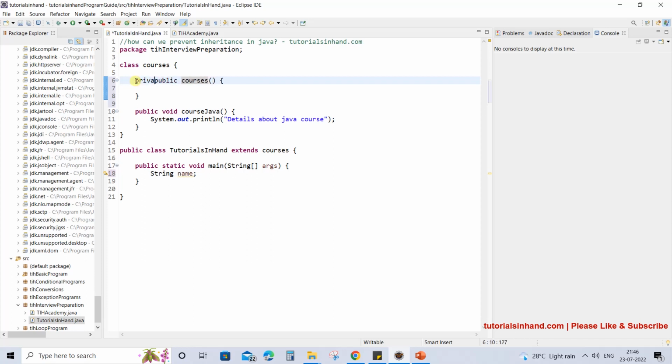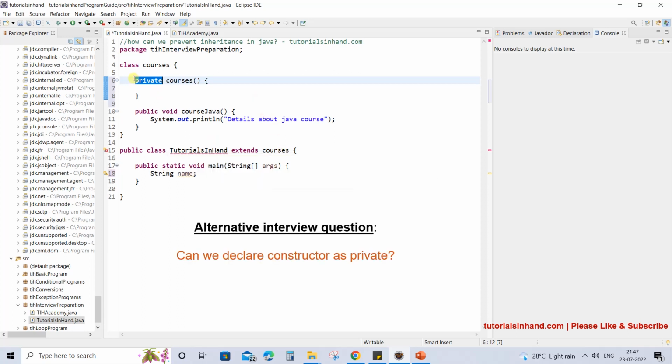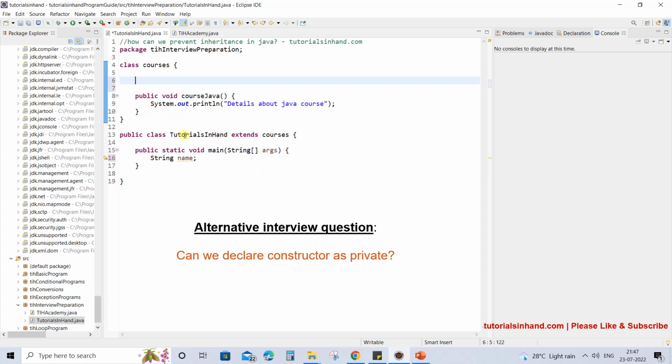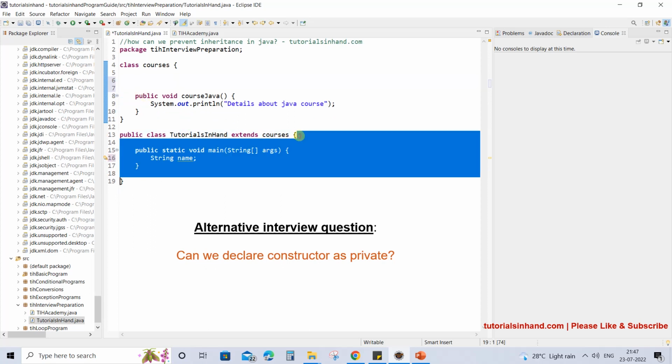So in this case just declare its constructor as private, and oops, we have already declared public and then again we are trying to add private. This cannot be done. We can only have public or private. So remove this public. Now we have declared this constructor as private and now this cannot be inherited. See, it will again have an error: implicit super constructor Courses is not visible for default constructor, must define an explicit constructor. So again the inheritance will not happen over here. This is how you can prevent inheritance of your class. If I remove this again, the error will disappear and this is happily getting inherited.